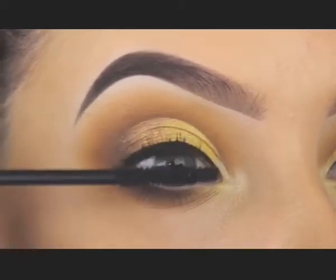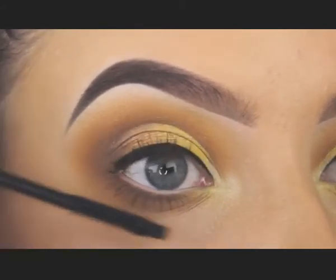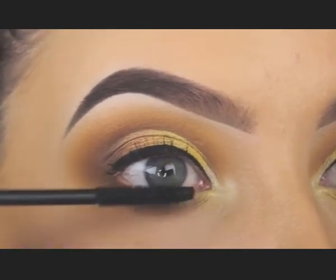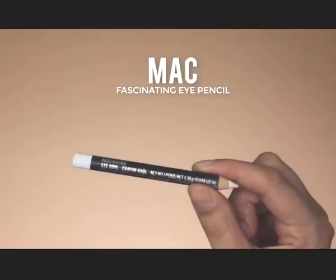And right now I'm using that Scuba mascara, which is one of my favorites. I really like it, especially for my bottom lashes, because the mascara is quite thin, like the consistency of it, and it just makes my look